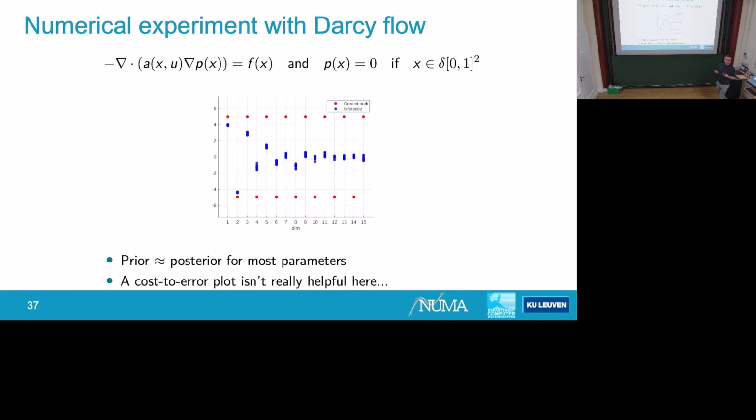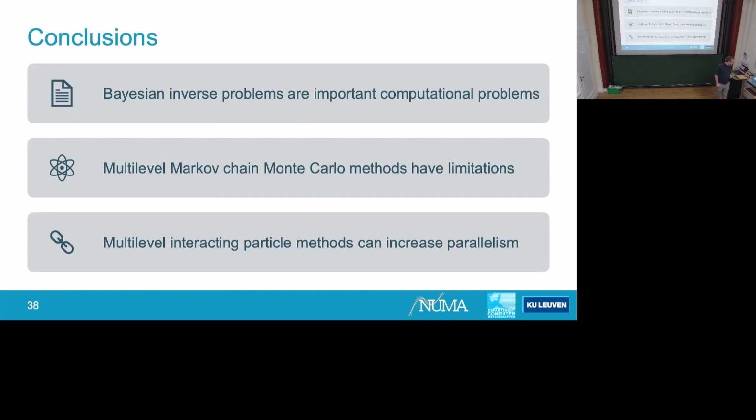So the question then is, why are we doing this? Why shouldn't we just, with a very coarse resolution model, simply estimate the first few KL terms and then try to somehow correct for the bias, but only at that level? And I don't have an answer to that question. So I will stop here.